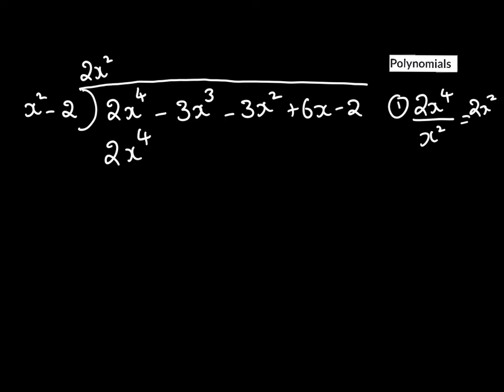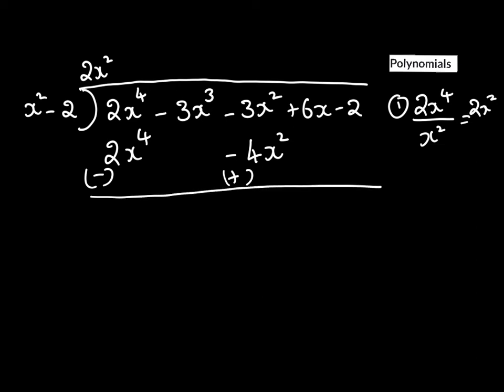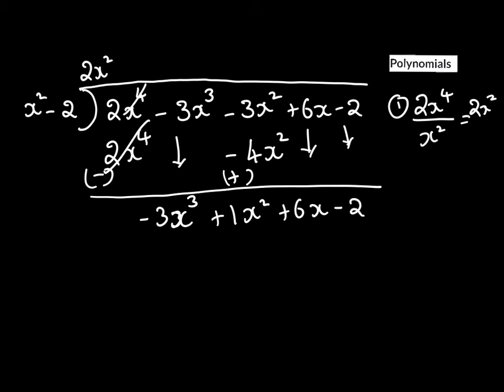We will write it under the relevant degree term, negative 4x squared. We subtract, so this becomes minus and plus, cancels. We bring down this term as it is, minus 3x cubed, and this is minus 3x squared plus 4x squared is plus 1x squared,